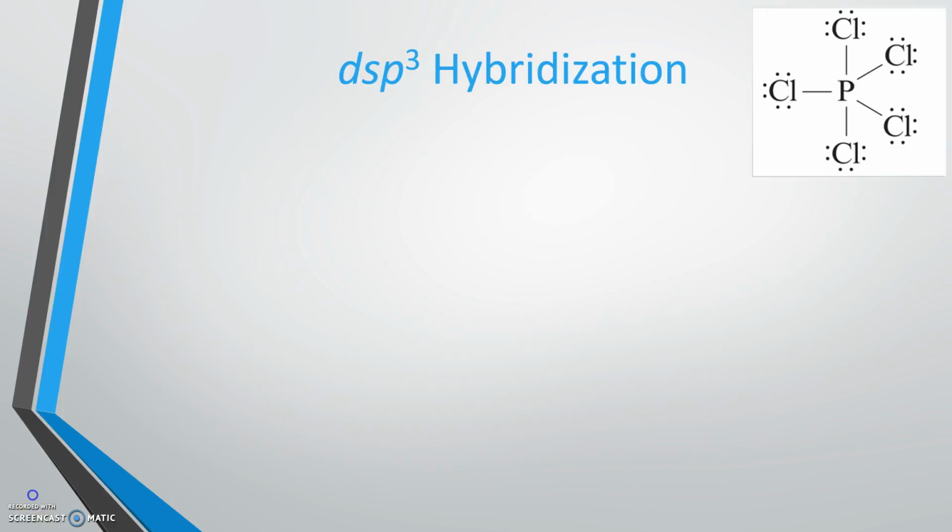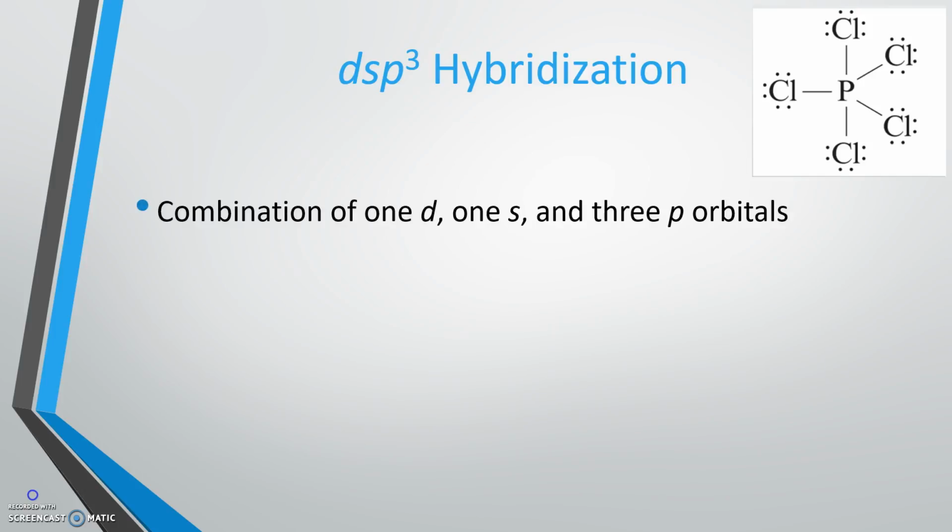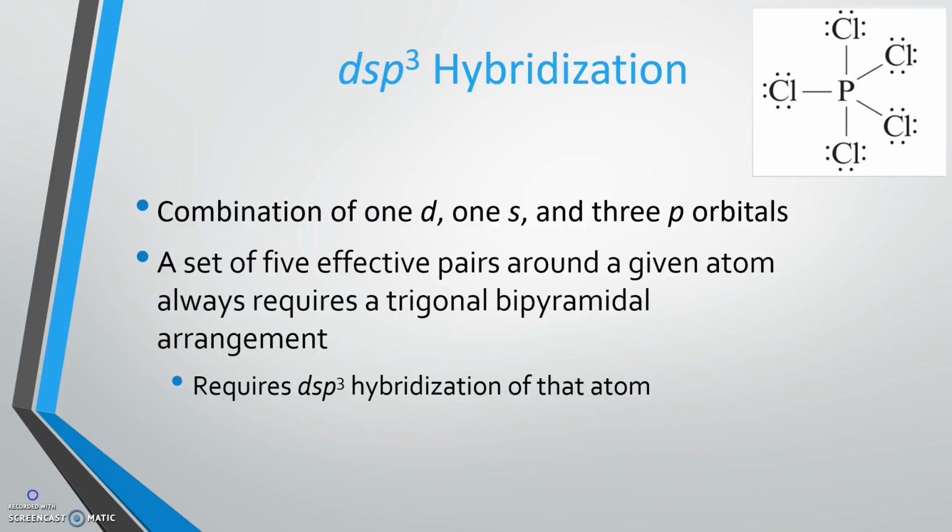What about the hybridization of a molecule in which the central atom exceeds the octet rule? What is the shape of the phosphorus pentachloride molecule? Well, the phosphorus has 5 electron regions all bonded, and so this is going to produce a trigonal bipyramidal set of atomic orbitals on phosphorus. To produce this, we need to combine 1d, 1s, and 3p orbitals. A set of 5 effective pairs around an atom always requires a trigonal bipyramidal arrangement and requires the dsp3 hybridization